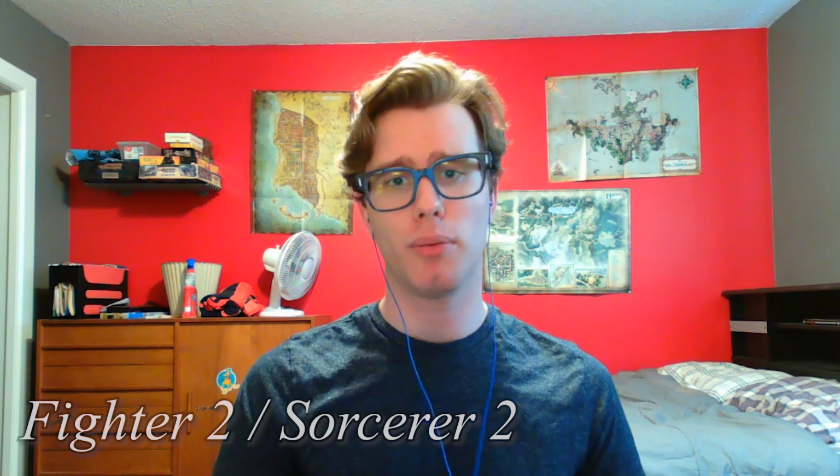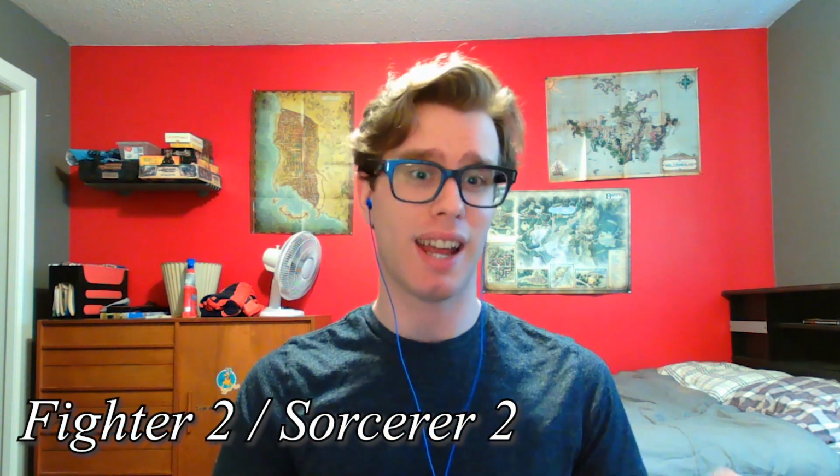At level 4, we're going to jump back to Fighter 2. We don't want to be too far behind when it comes to extra attack, so we have to make sure we do our best to keep up. At Fighter 2, we're going to gain Action Surge, and while punching twice is a pretty nice effect, an even nicer one is being able to cast 2 leveled spells in a single turn, which we could now do with Action Surge. At level 5, we're going to go back to Fighter 3, and Fighter 3 gets us our subclass,